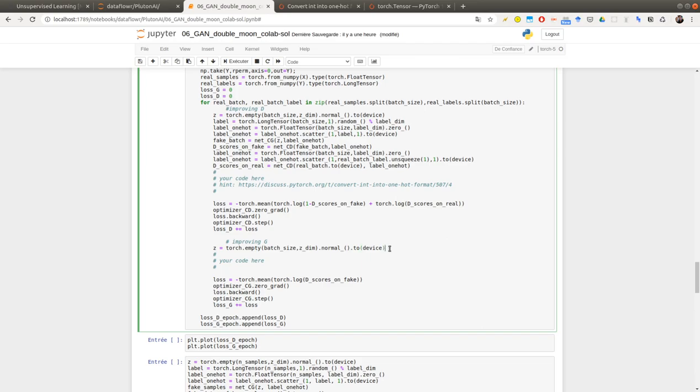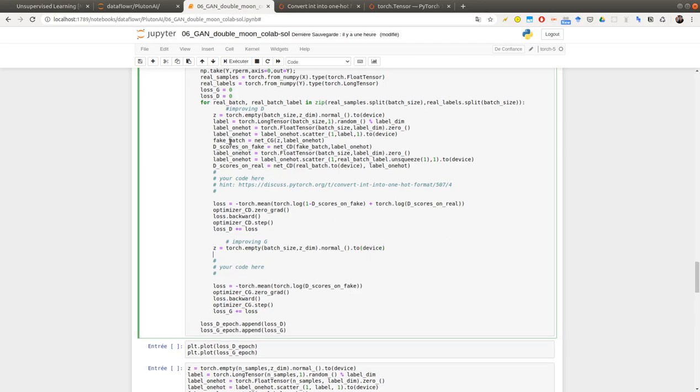Now I can do the same thing for improving G. So the first, I need to just compute this current fake. So this is this part.